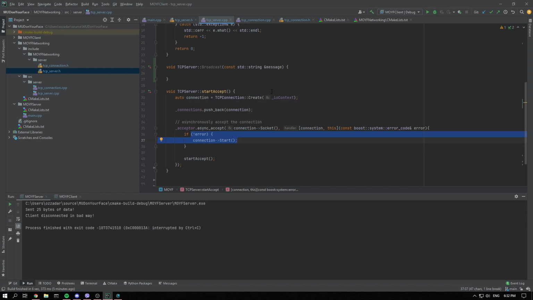So what we're going to do is make what we'll call a dummy socket, an idle socket that's created and waiting for a connection. And when we get a connection, it will move itself into the connection to be used and handled within that connection, if that makes sense. We'll work through it together. So the first thing we need to do is create a thing to hold that temporary socket